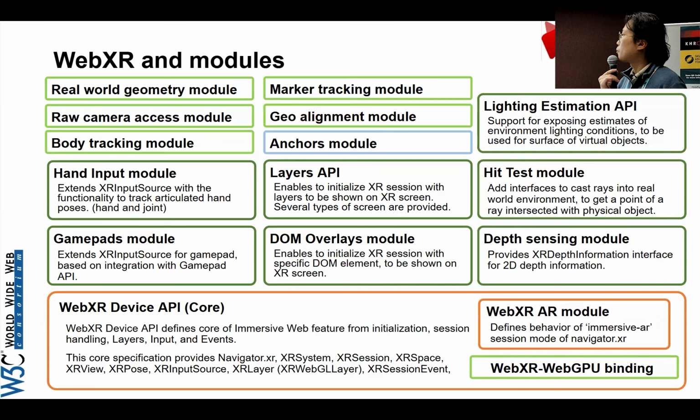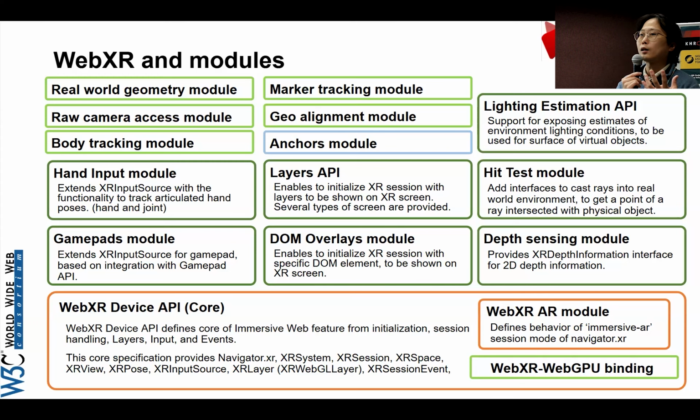Many input systems and defining a view, including selection between VR or AR mode, are defined in these core modules, and many extension modules are defined on top of that, laid out in the upper half of this slide. So there are many input modules, including exposing gamepads into the XR space, or the hand input module to detect